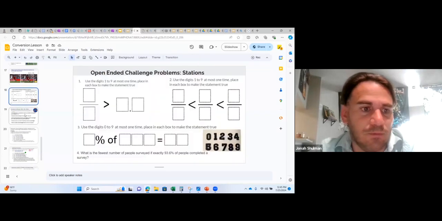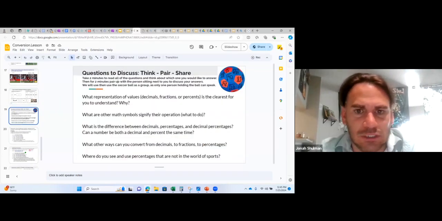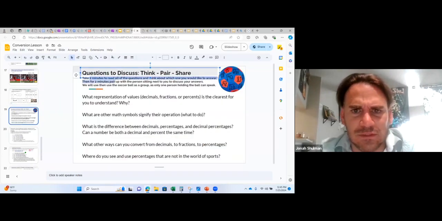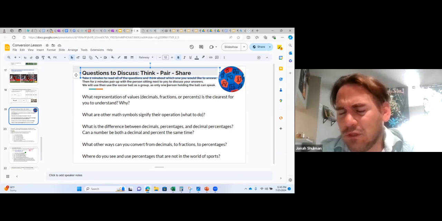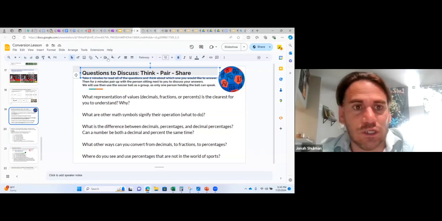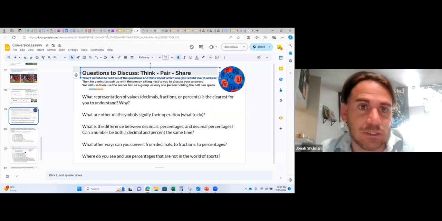It has an open middle and it has a discussion and how to run it. This is a think, pair, share discussion where you can formatively assess and students can share. I always use this soccer ball as something to hold so nobody talks over each other, but I think it's a really good way for you to assess how much they know based on a discussion at the end,